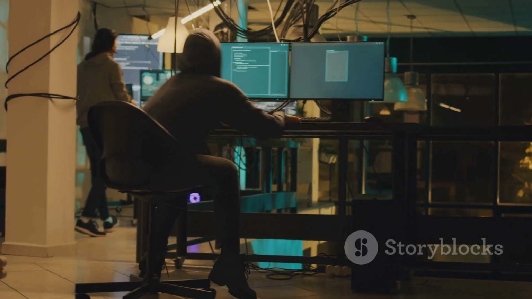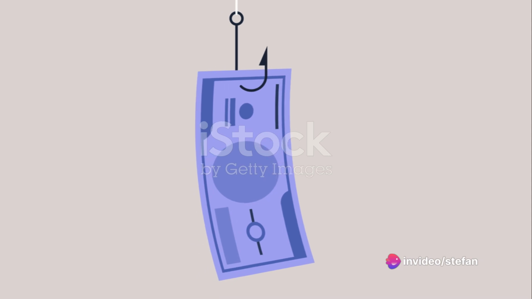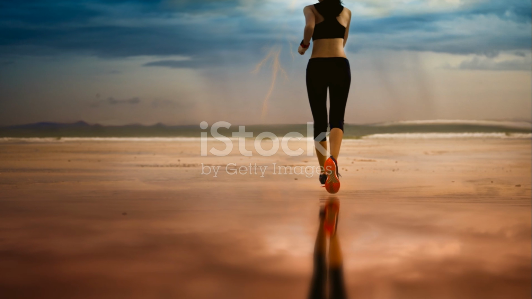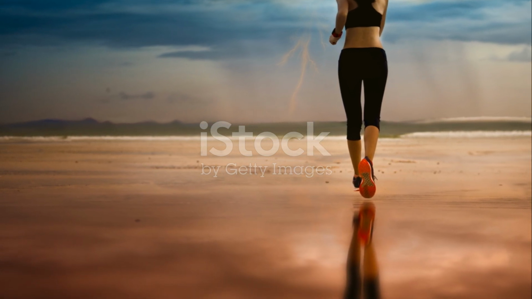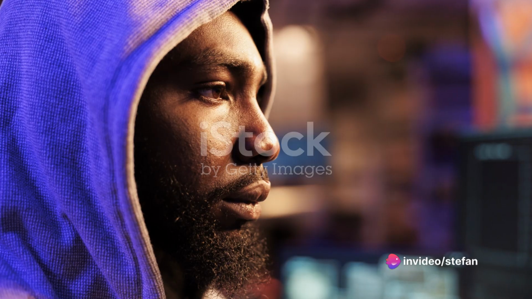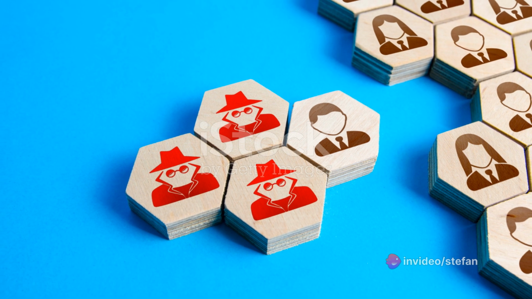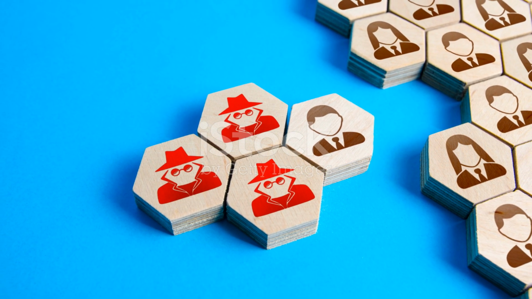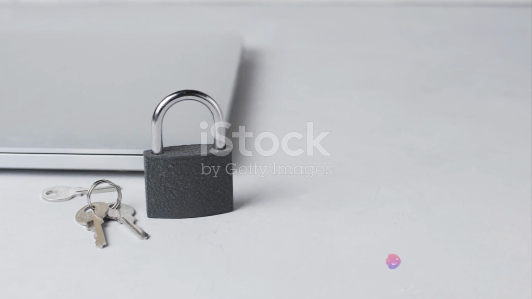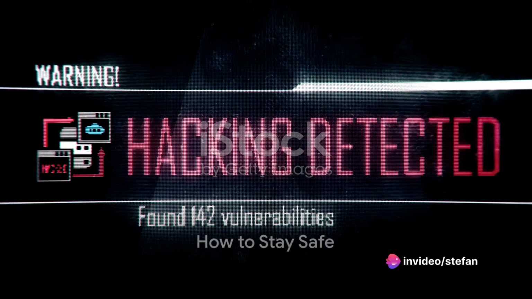Imagine someone gaining access to your email account and sending messages as you. Or worse, imagine them getting into your bank account and making transactions on your behalf. The potential harm is significant. The severity of this threat is why it's crucial to understand the mechanics of network level session hijacking. It's a complex and sophisticated form of cyber attack, one that exploits the inherent trust between machines in a network session. With this stolen key, the cyber thief can access your data, manipulate it, or even pose as you. Sounds scary, doesn't it? But don't worry. There are ways to protect yourself.